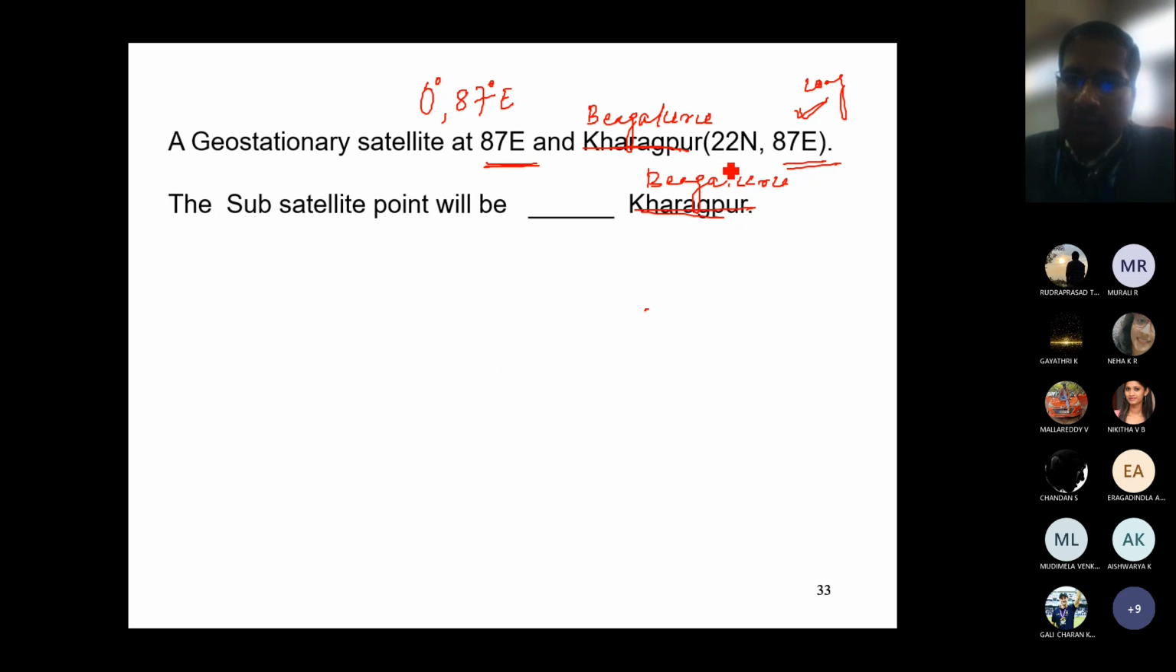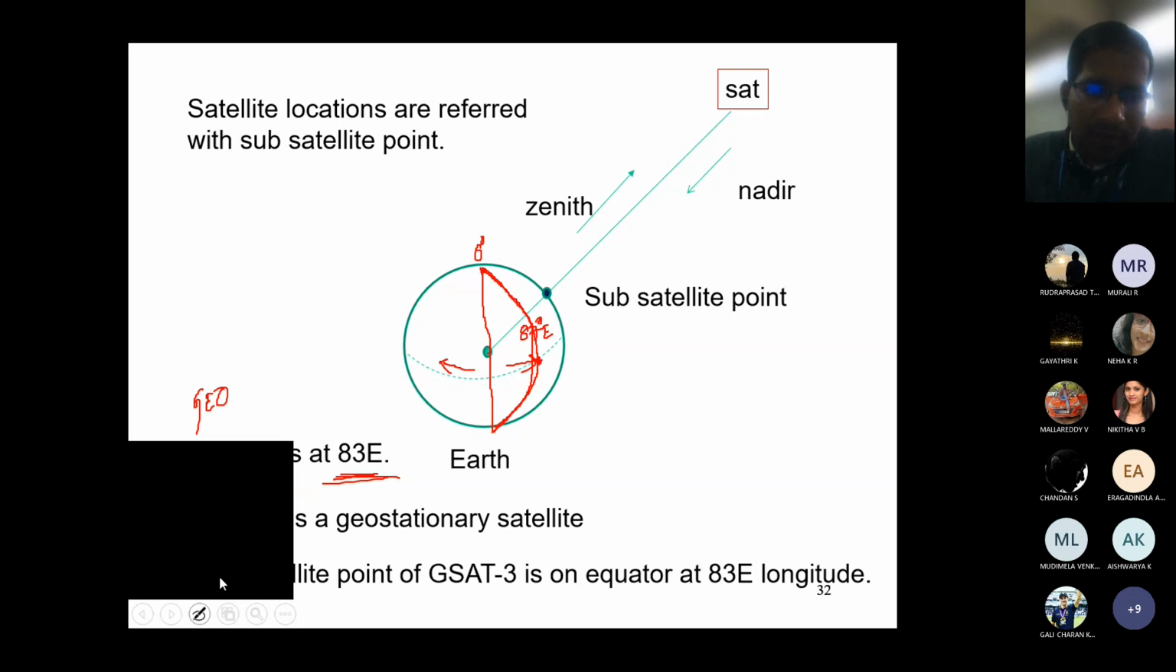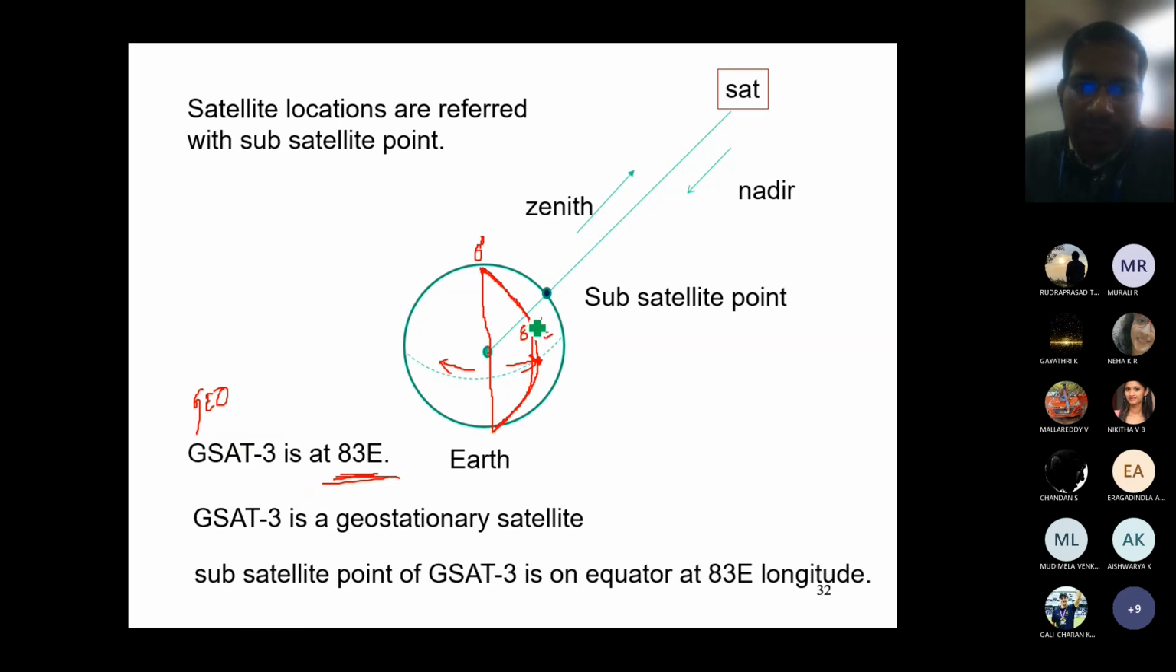Okay, but do not forget about the latitude. Bangalore has a latitude also, that is 22° north. So 22° north means Bangalore is present above the equator. This dotted line represents the equatorial line, where the sub-satellite point is located. But Bangalore is 22° north. So 22° is somewhere here, let me take another color. So you see, this is the 22°